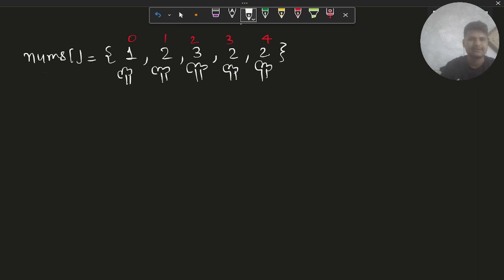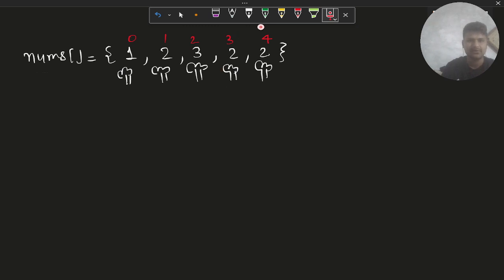Like the tree at the 0th index has a fruit of type 1. Another tree, present at index 1, has fruits of type 2. This tree has a fruit of type 3, and this tree has fruits of type